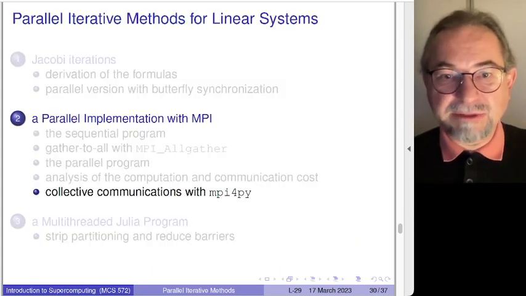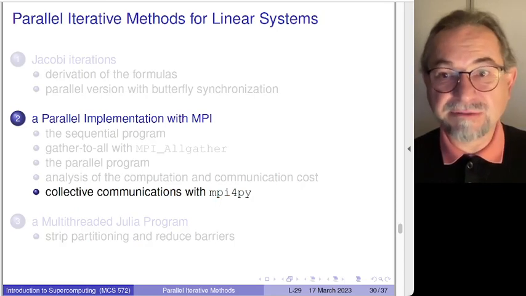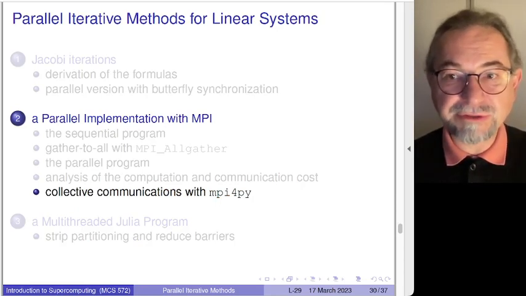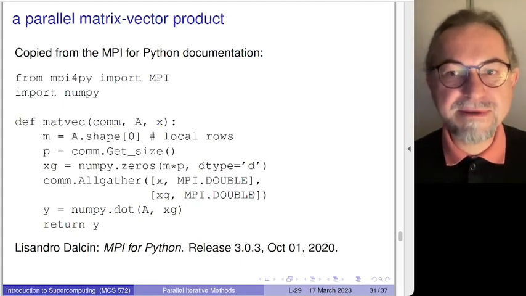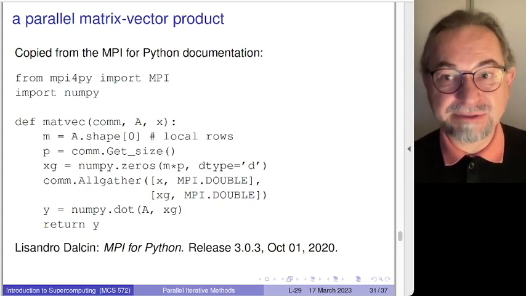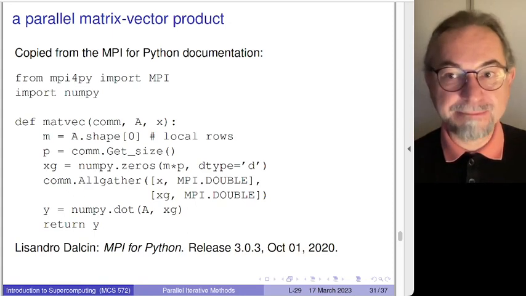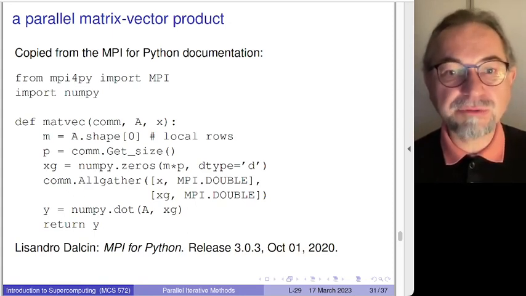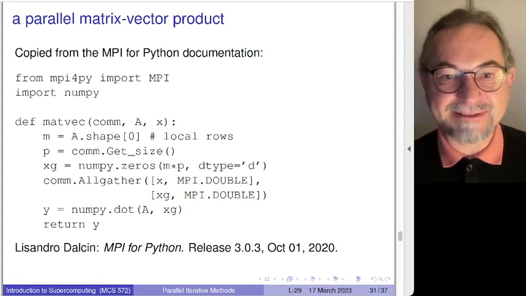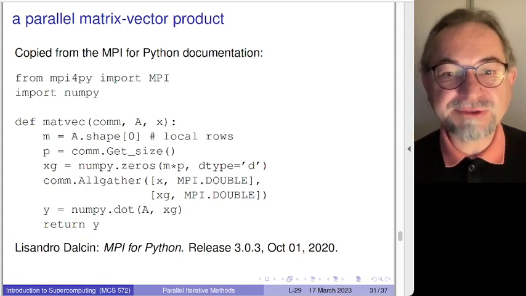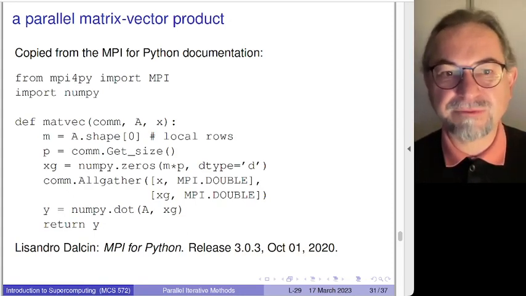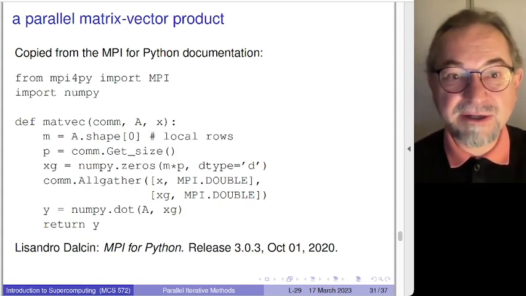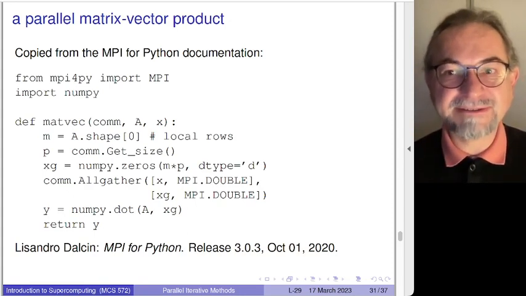Okay, so I have about 10 minutes left. I will say now something about the high-level implementations. So we covered MPI for Py. Here you see the allgather as provided by MPI for Py. So you have the allgather that is sitting in there. So I copied this from the Python documentation for MPI for Py, and this is a fairly self-contained